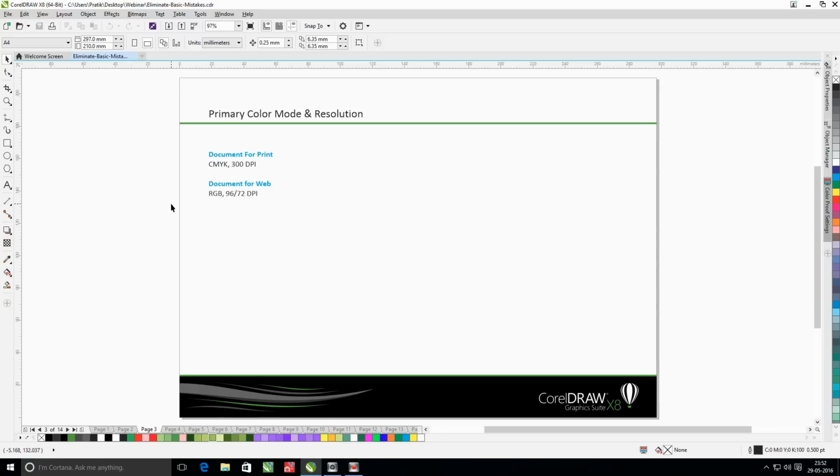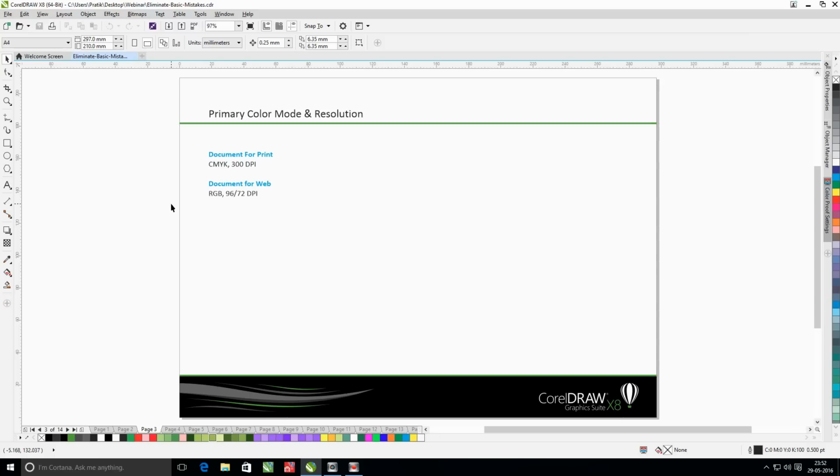Then comes the primary color mode and the working resolution of your document. This is very important to set up, depending on whether your design is going to be printed or used for the web.